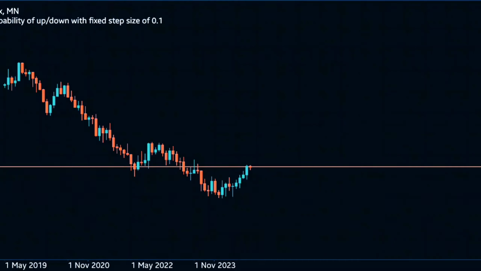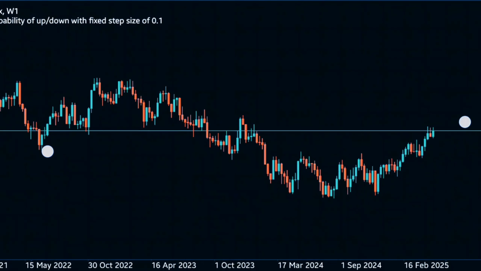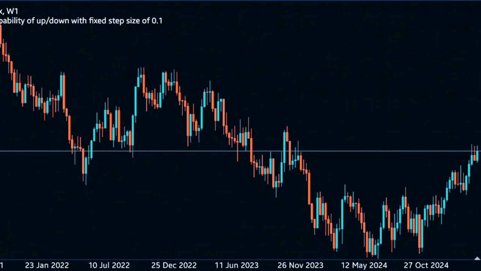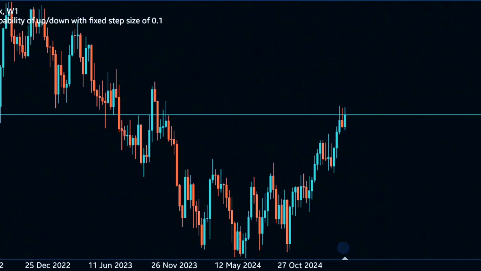So let's head back. On the monthly, it is bearish. Then we go to the weekly. What is the weekly telling us? The weekly is bullish. Okay, some of you might be thinking it is bearish, but trust me, it's bullish. And how is it bullish? Let me show you.